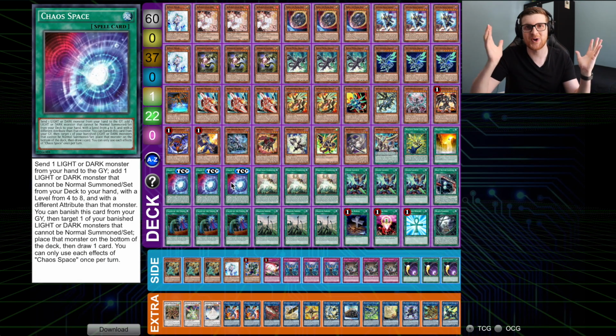So, Chaos Space, new card out of Toon Chaos. A lot of people are looking forward to this. How'd you feel about it? Yeah, this card is absolutely insane. It doesn't matter which attribute you discard because you're always adding one of the Chaos Dragons. And so then you summon the Chaos Dragon, you make Striker Dragon, you add the other Chaos Dragon and Boot Sector, and then you summon the second Chaos Dragon, and then you get to put back the Chaos Dragon